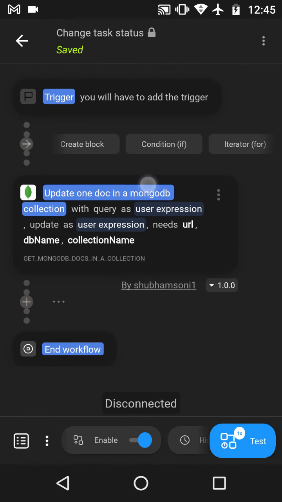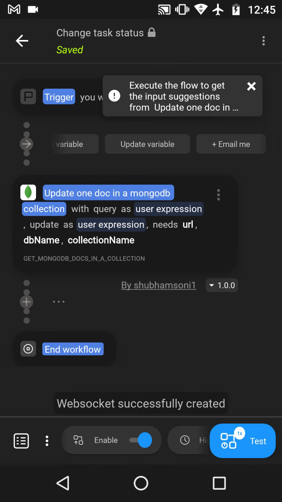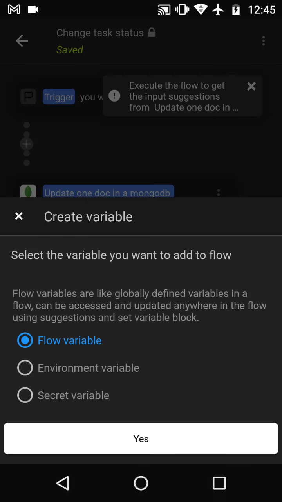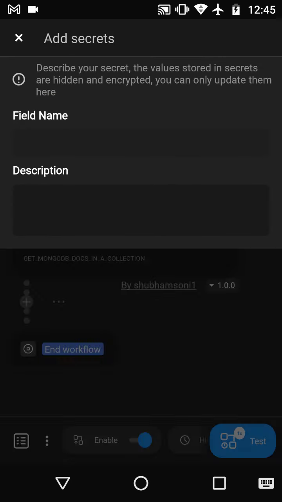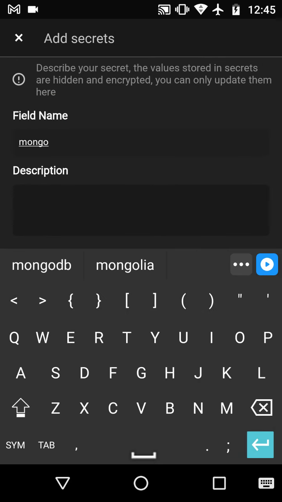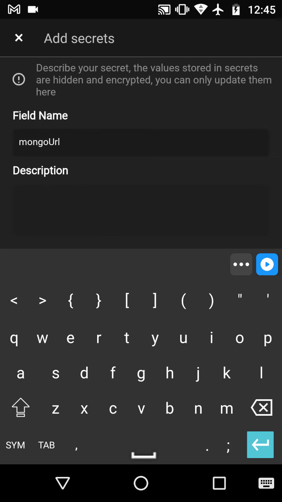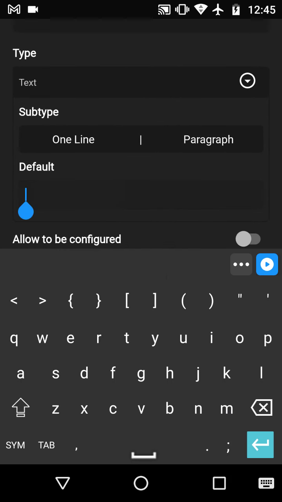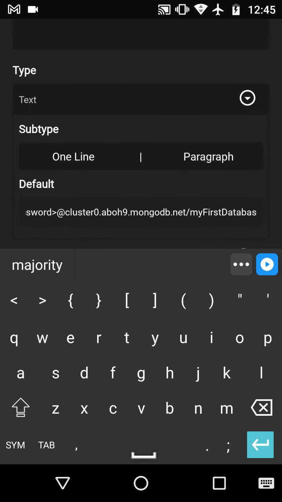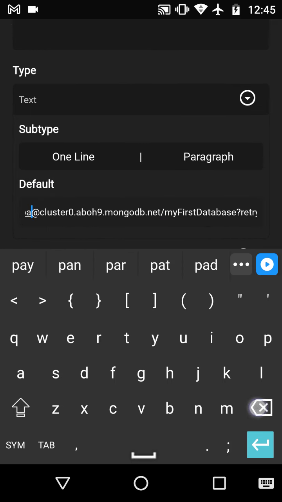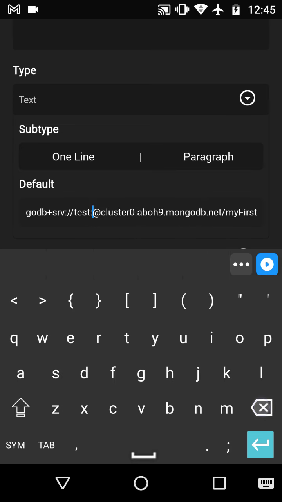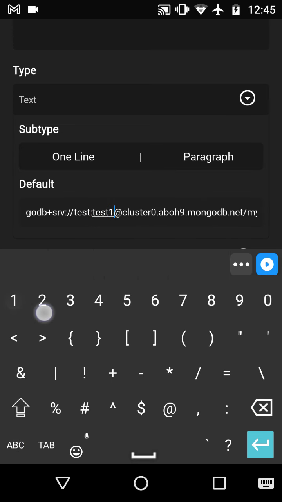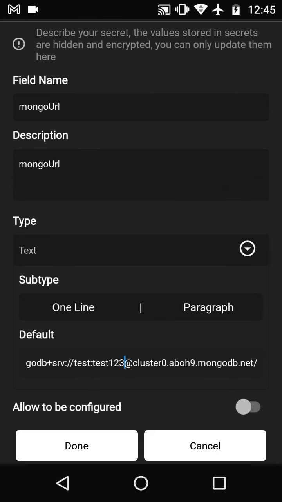Like every other flow, let's create a variable to hold the URL. Let's name it Mongo URL. In the default value, provide the value, and in the password, let's change the password to test123, which is the password for this database.